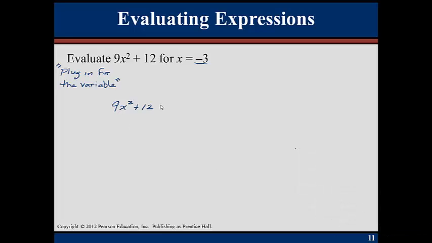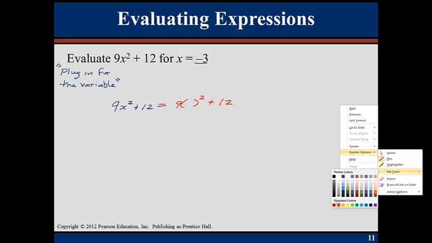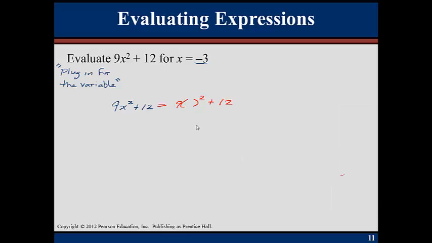Now the first thing I'm going to do is rewrite my x with parentheses. So instead of putting the x there, I'm putting a set of parentheses. And then I'm going to come back and fill in the number for x, which is negative 3. So now it says 9 times negative 3 squared plus 12. Follow our order of operations, and the first thing we need to do is exponent. So leave the 9,